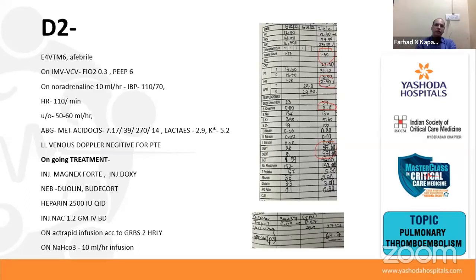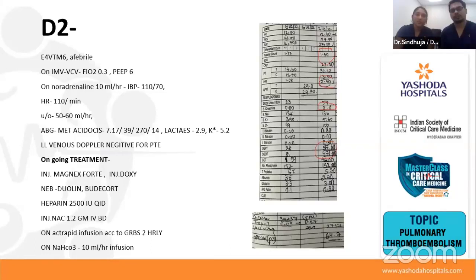And why are you giving NAC? For what reason? Post contrast, she had a rise in creatinine. Okay, fine. I mean, frankly, NAC is gone, and post contrast, it's even gone further. So, if at all, peri contrast. And once you give adequate hydration, then the rest is probably not necessary.